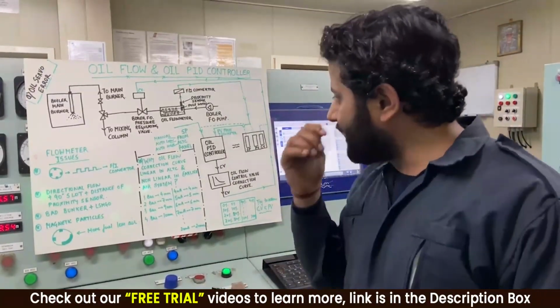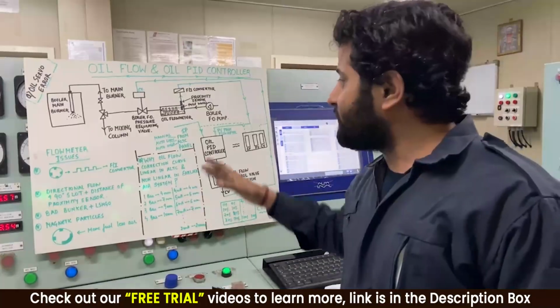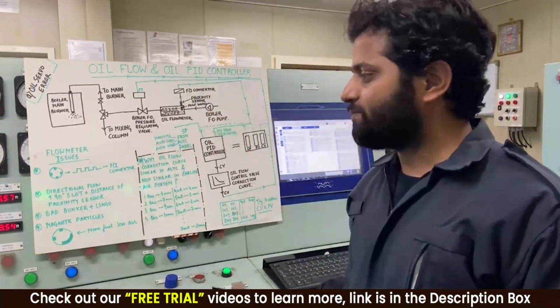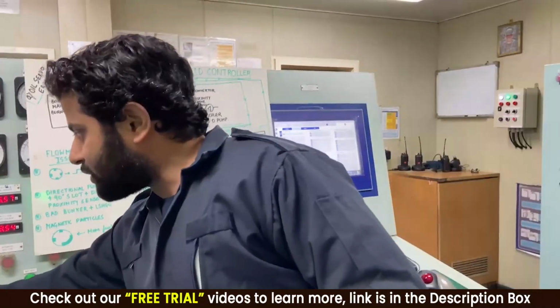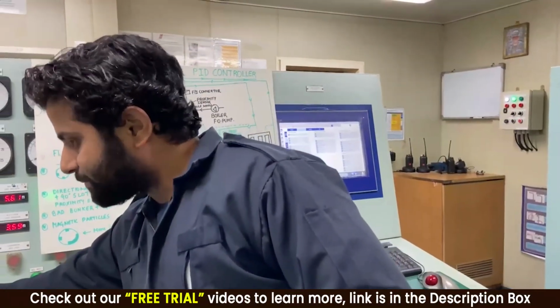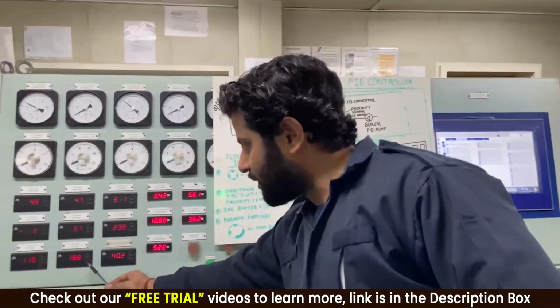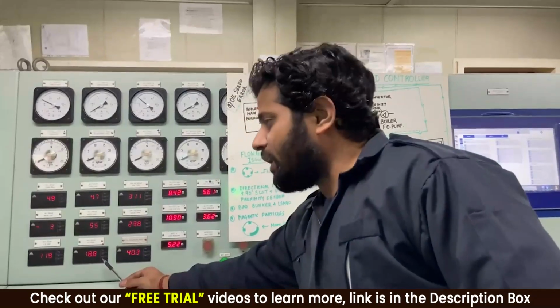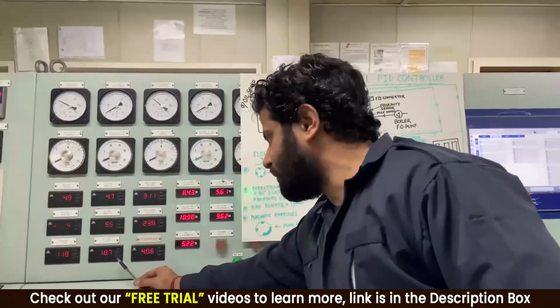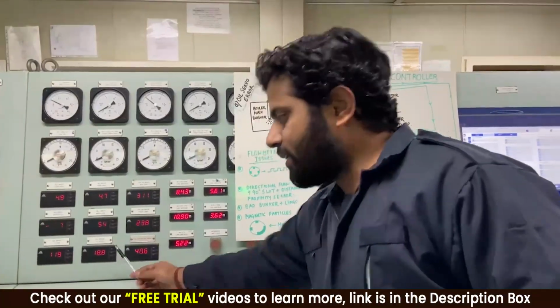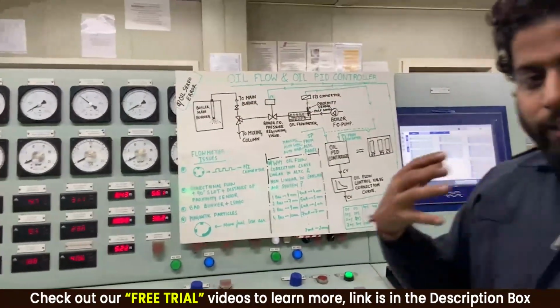Now, guys, one thing is we have to maintain a fixed pressure over here. Right now I can show you that boiler fuel oil pressure is 18.8 bars. Can you see this over here? There is another regulating valve fitted which is trying to maintain this boiler fuel oil pressure all the time. That I am going to discuss in another video.